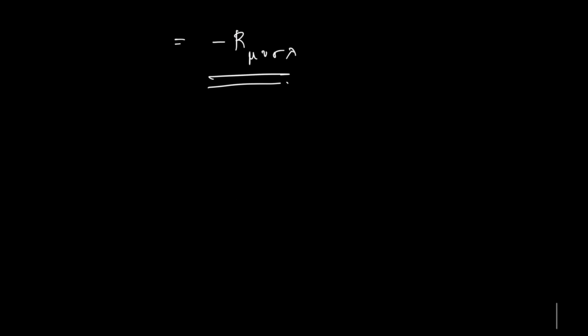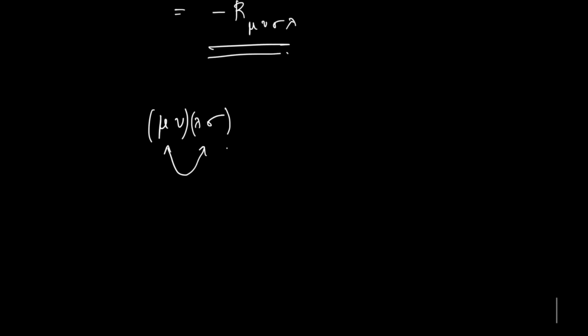Now what I am going to do, I am going to interchange pairwise. So I have mu lambda sigma. So I am pairing these two and these two. Now I interchange the pair as it is. Then I will get R lambda sigma mu is equal to